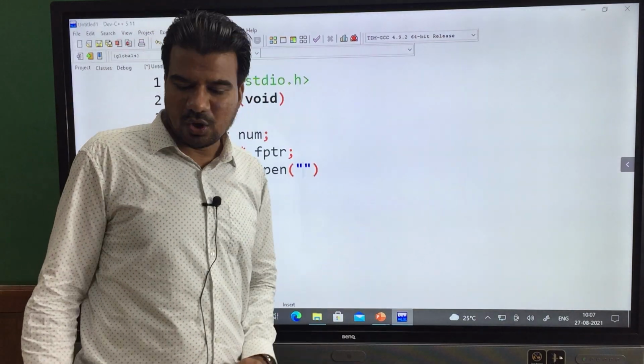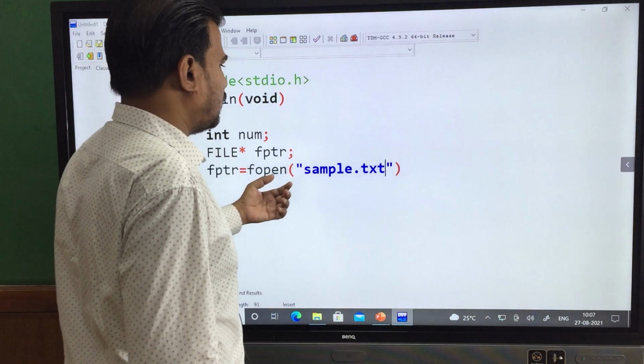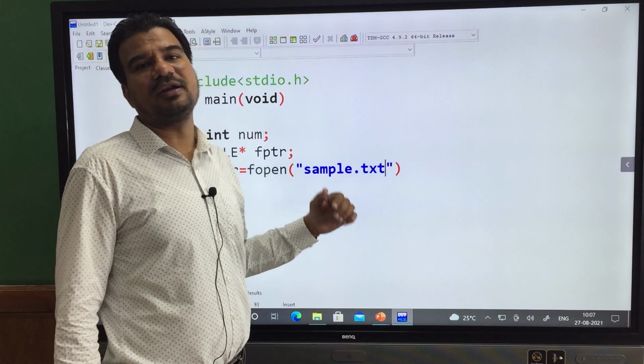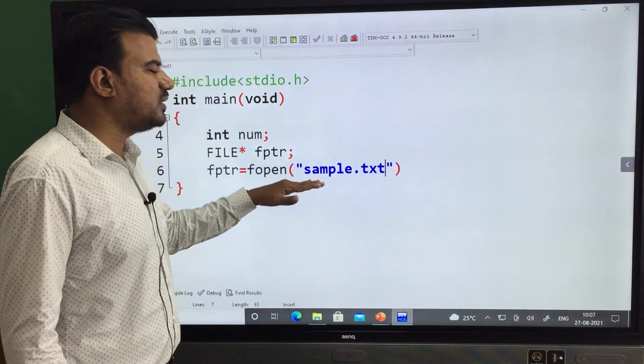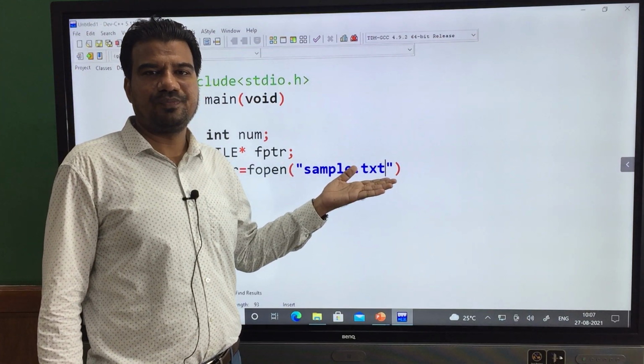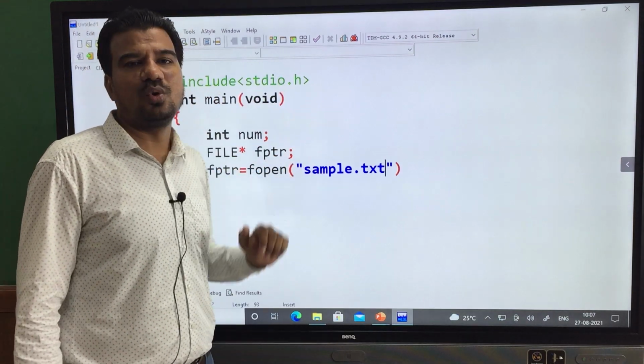So simply close this one. Now give that name, sample.txt. If you are not giving the complete path, then this file will be created in the current directory only. If you want this file to be created at a different location, then give that location's complete path over here.